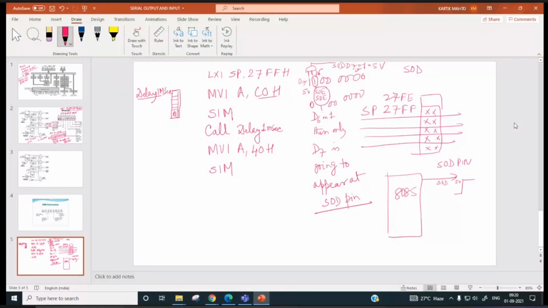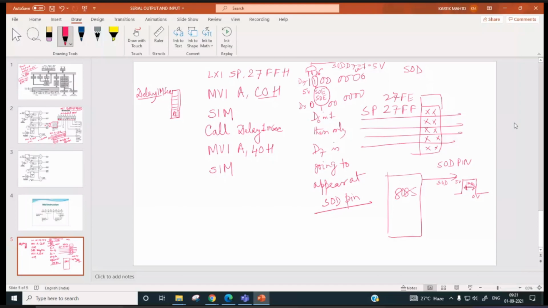D7 is 0, and 0 means 0 volt. So this will be 0 volt. And what will be this duration? Sir, 1 millisecond. It will be almost 1 millisecond, right? It will be 1 millisecond.